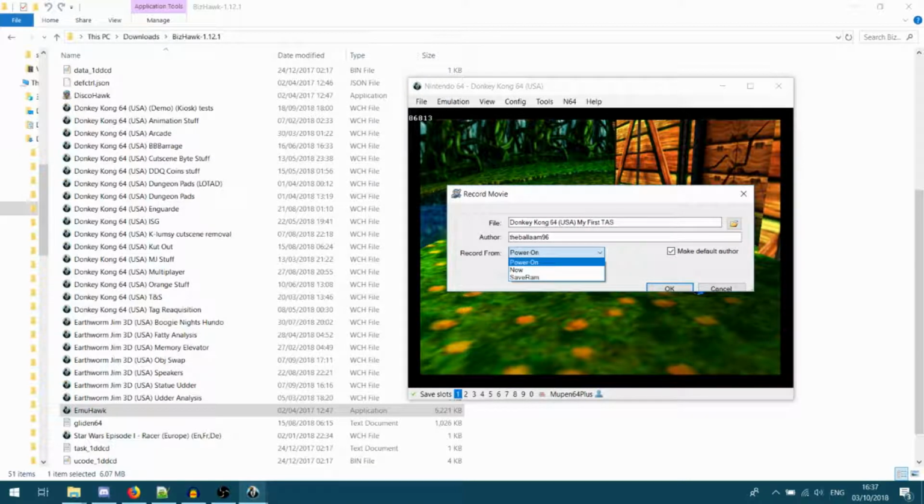So I don't know, if you've unlocked the 20 fairy menu and you want to use that for your tasks, but you want to start from power on, you use save RAM. That starts from power on, but that also doesn't clear stuff like mystery menu features and stuff like that. So we're just going to start from now because